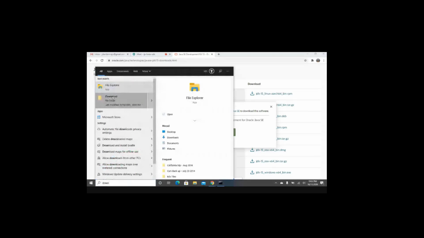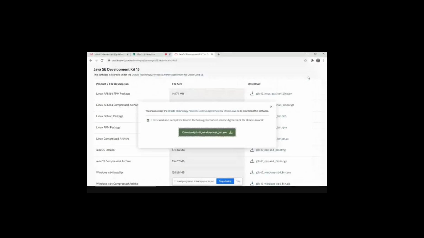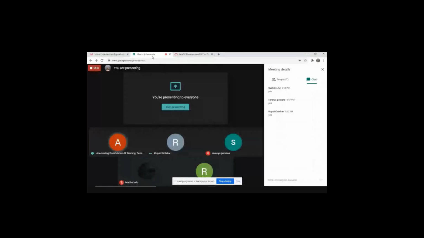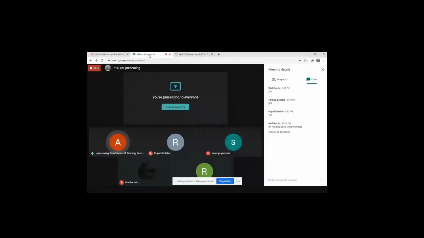Because everybody is not replying, I don't know whether they are able to do it or not. So Radhika or Rupali, are you able to do it? Actually, yes. Java is installed in my system. Yeah, I told. Rupali, you told. Sorry. Yeah, it's installed in your system. So other, Saranya, unable to mute. So are you able to do it? Can you reply yes or no, Saranya? Okay, yes. You can do it.